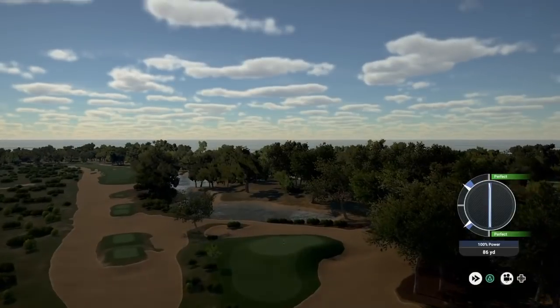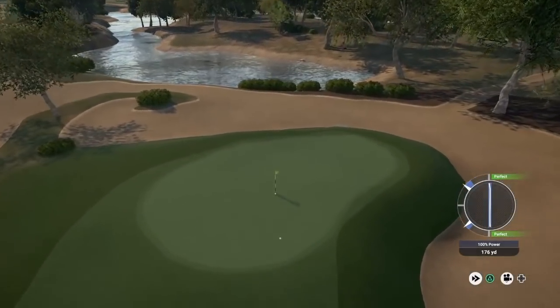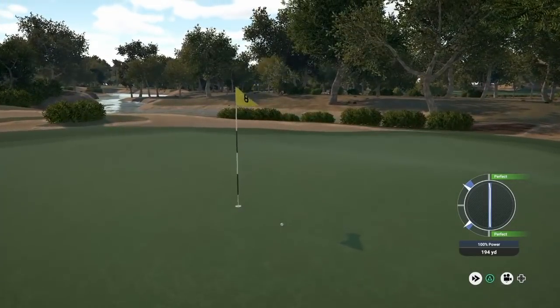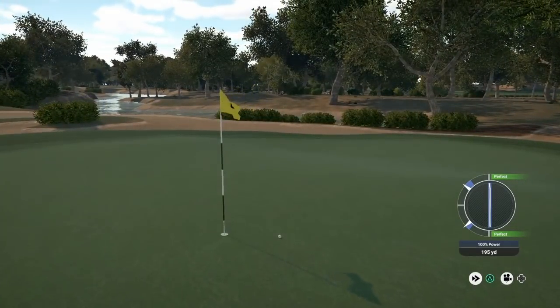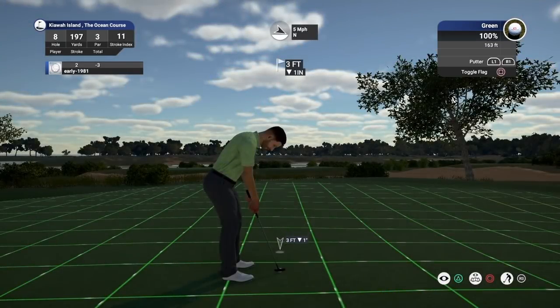Decent strike. This should be a great shot. This should be really well rewarded. And it is. And that is a fantastic approach shot. I don't think we could have played that much better. Birdie putt dropping for the ace. And hopefully we are going to move to